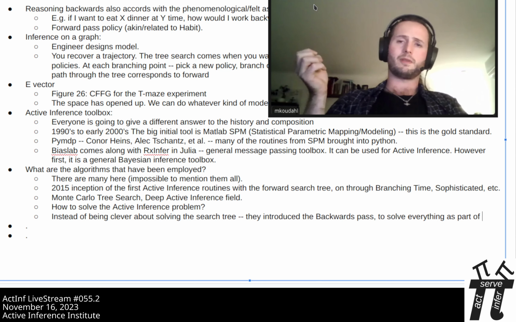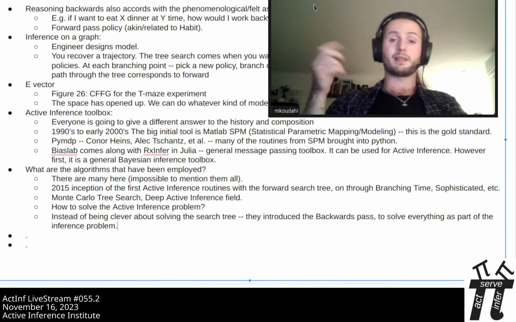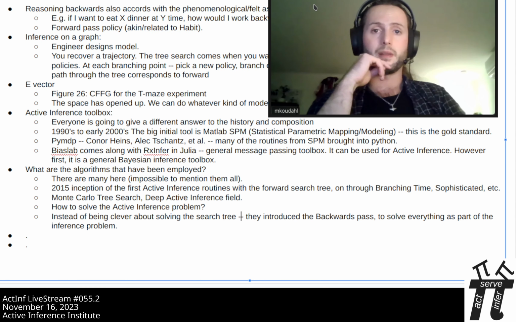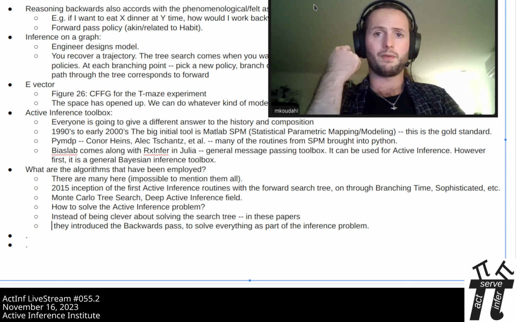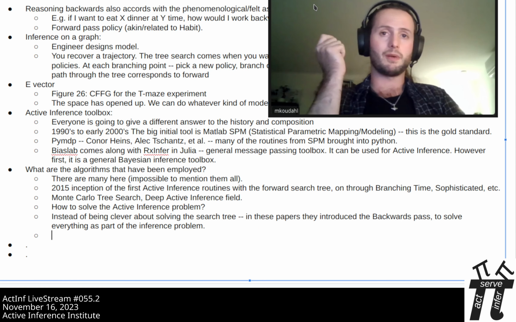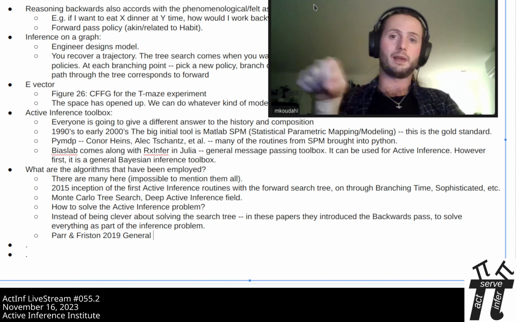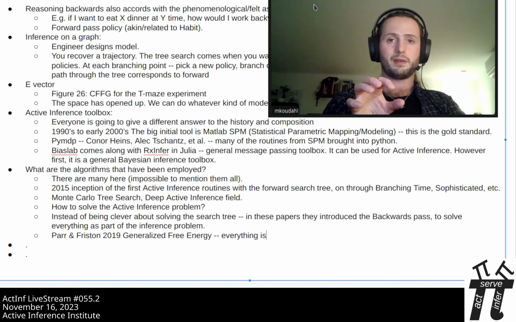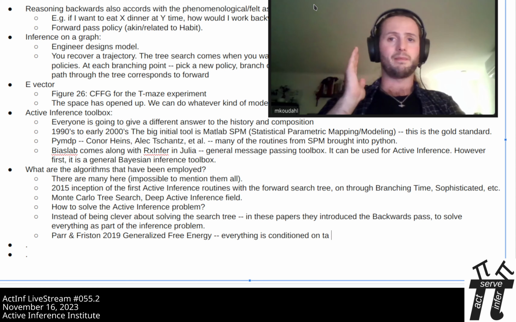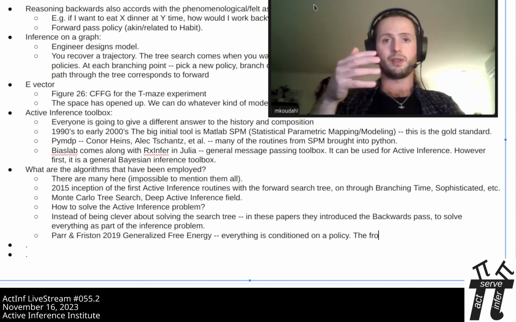Parts of this you can also find in the papers. If you go and look at Parr and Friston's 2019 paper, where they introduced the generalized free energy, everything is still conditioned on a policy, but the message passing schedule, the forwards-backwards thing, is actually present. And the update rules are based on generalized free energy, so they end up looking a lot like the update rules that we derive.